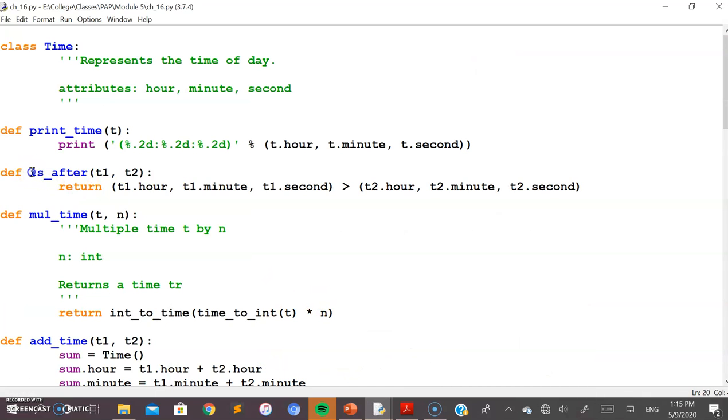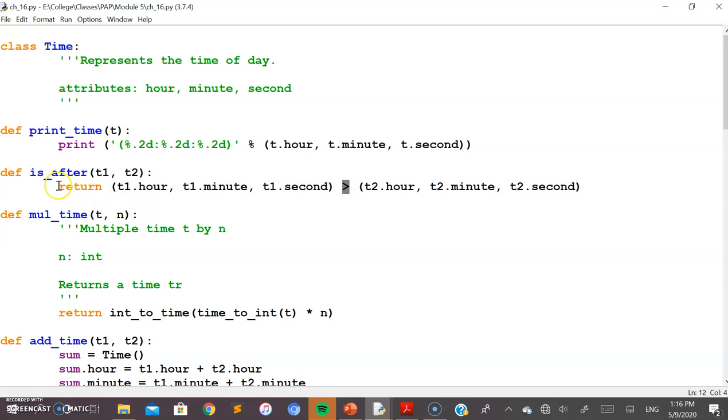You can see here is_after, which accepts the two time objects which set some random values for all three attributes: hour, minute, and seconds. t1 is one object of the time class and t2 is the second object of the class Time here. So the condition given here is that without using the if statement, you need to return the result as True or False depending on whether t1 follows t2 or not. If you remember the property of tuples, where you take the values within the tuples, and how the comparison operator works on two tuples here.